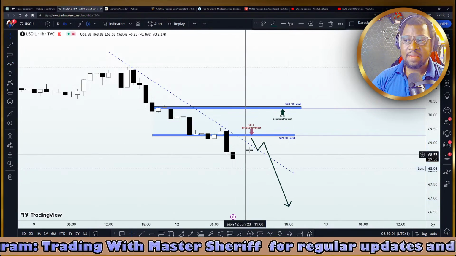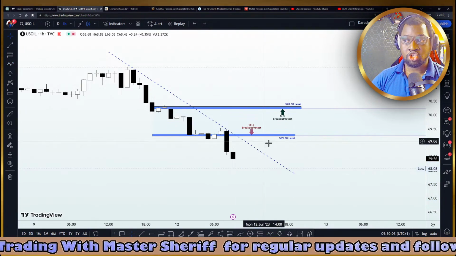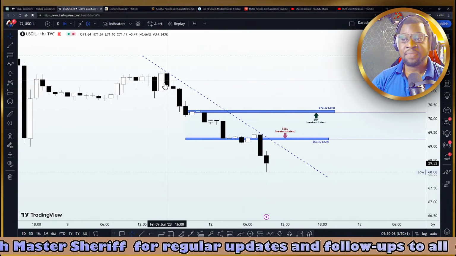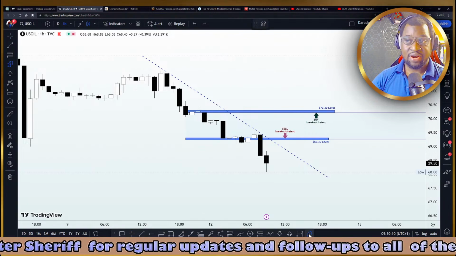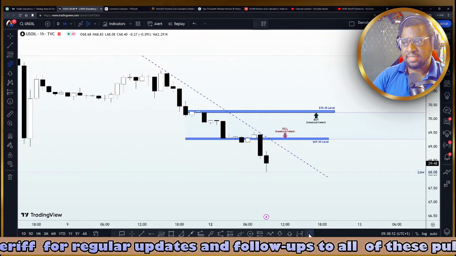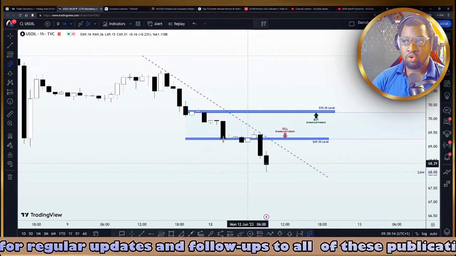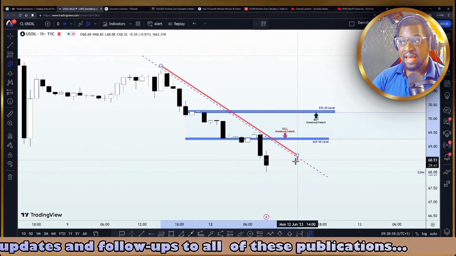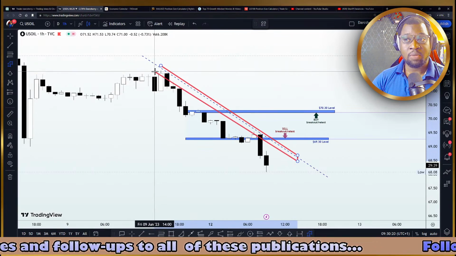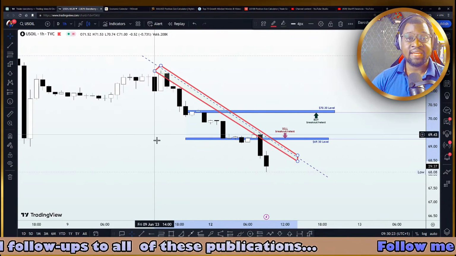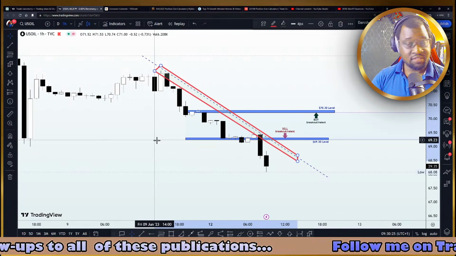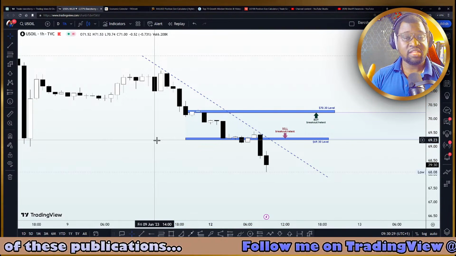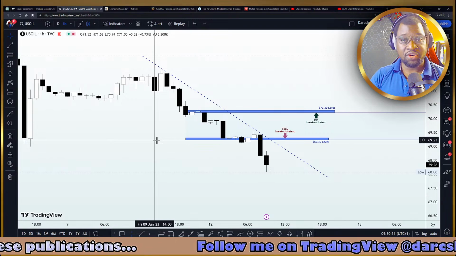Then there is another important thing about this old structure we just identified here, and that is since Friday last week, we can see our price action appear to have respected a trend line. So we have lower highs, and when we connect the series of lower highs here, I have a bearish trend line which we are supposed to be using to guide our trading activity, at least for the first half of this week. So what this simply means is that as long as price action remains below this trend line,